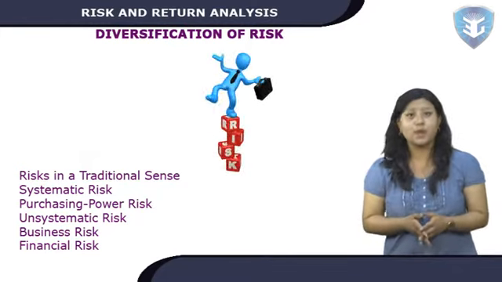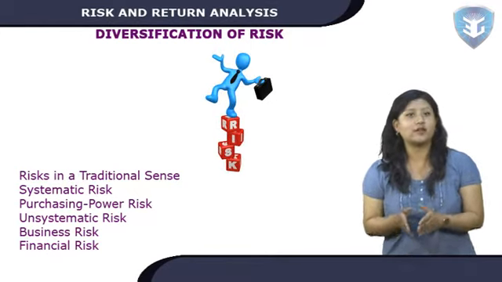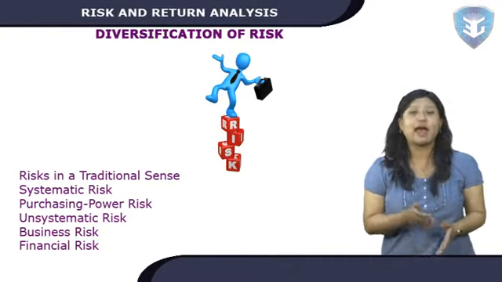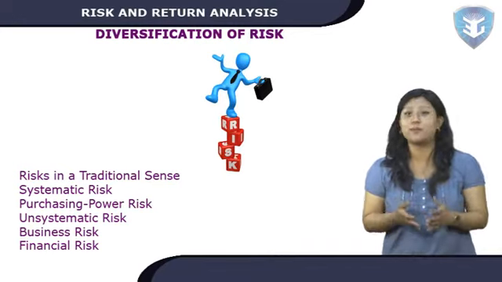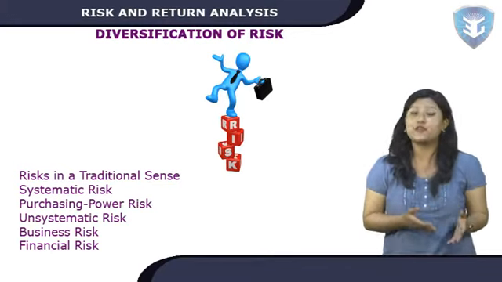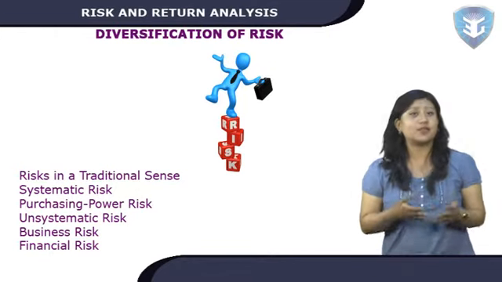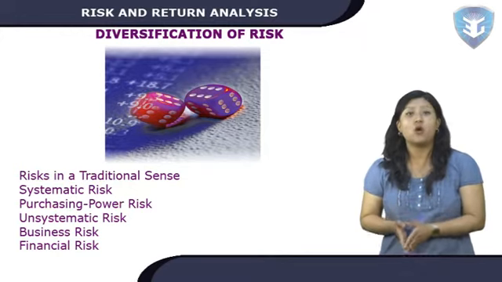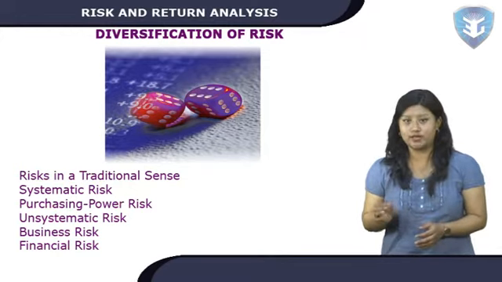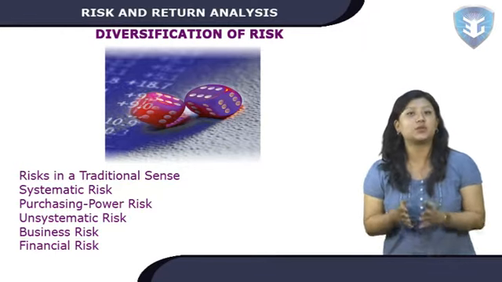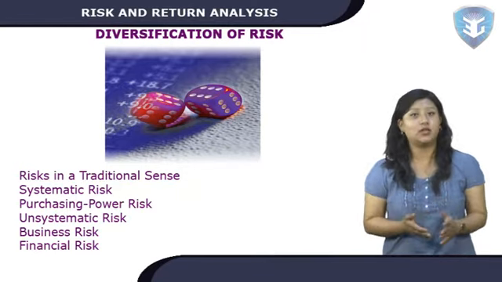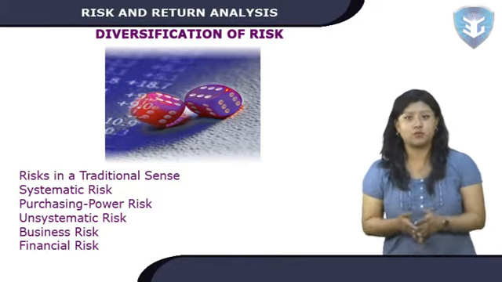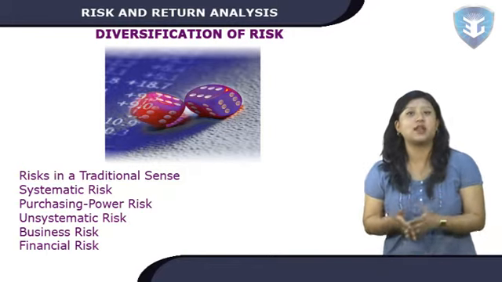Assigning risk allowances, premiums. One way of quantifying risk and building a required rate of return (R) would be to express the required rate as comprising a riskless rate plus compensation for individual risk factors previously enunciated, or as R equals I plus P plus B plus F plus M plus O, where I equals the real interest rate or the riskless rate, P equals the purchasing power risk allowance, B equals the business risk allowance, F equals the financial risk allowance, M equals the market risk allowance, and O equals the allowance for other